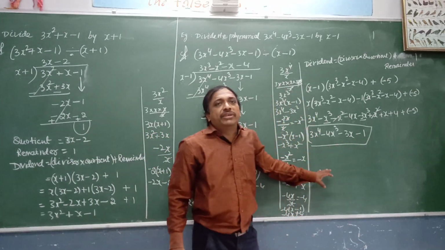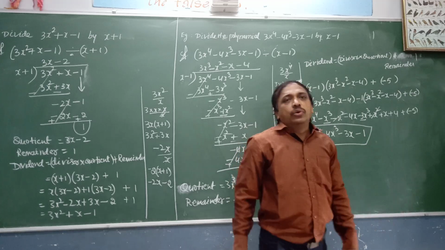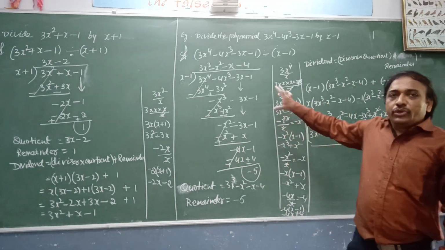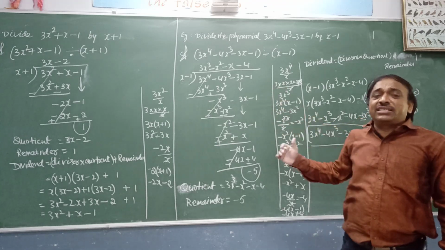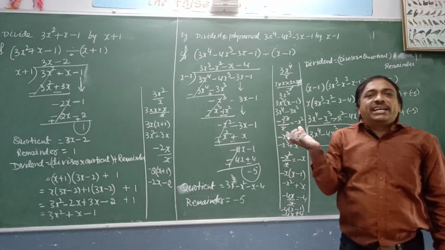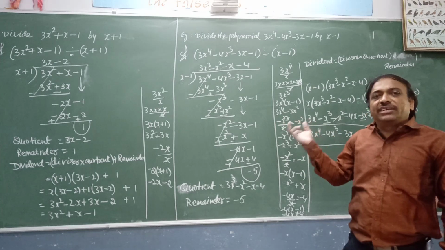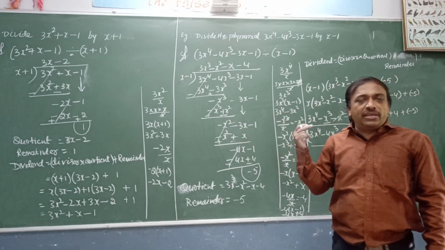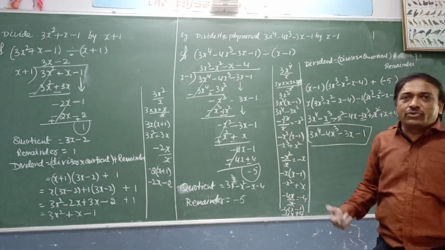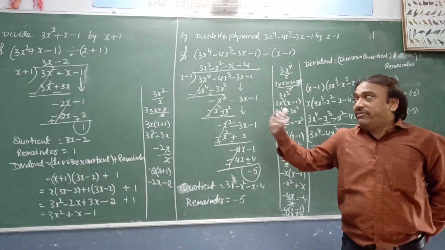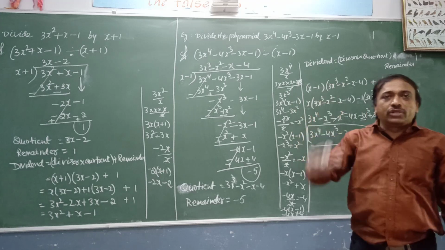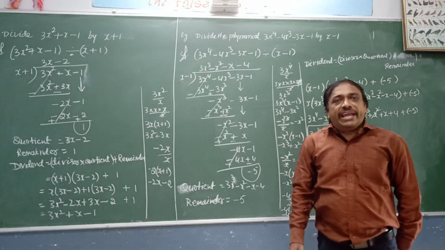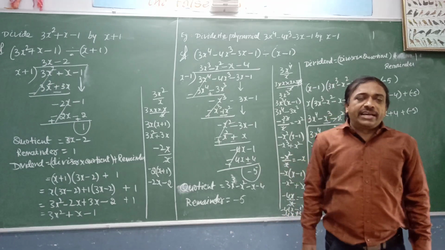This is how we verify the division rule. Dividend is equals to divisor into quotient plus remainder. Do you understand, children? Today what we have discussed: remainder, what is the quotient, dividend and divisor, and how to verify. We verified the division rule, dividend is equals to divisor into quotient plus remainder, even for numerical terms which we learned in 4th and 5th class, and for algebraic terms which we learned in class 8. Is it clear? Thank you.